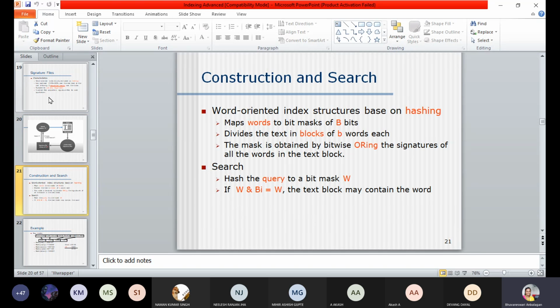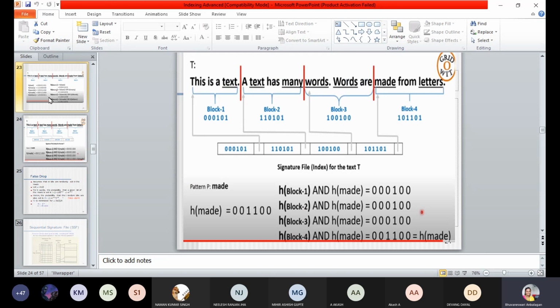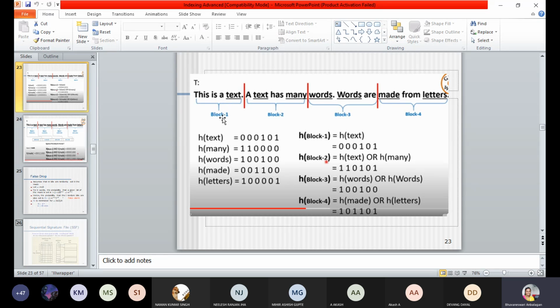So how you will create an index signature file and how to search it, we have seen in the last class. Initially, what you will do, you will be given a block of text data. See, in this example, we are seeing a very small quantity of text data. This is only few KBs of data available here, but we can scale up to several MBs of data, but for GBs of data, this particular signature file will not work out. That is the drawback of it.